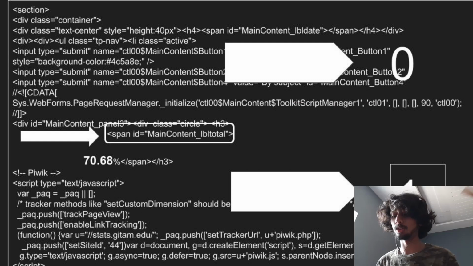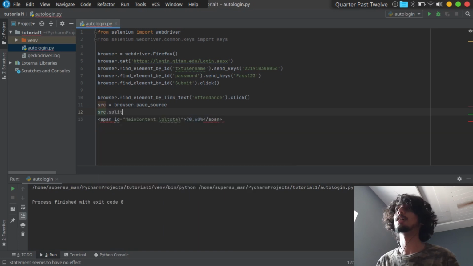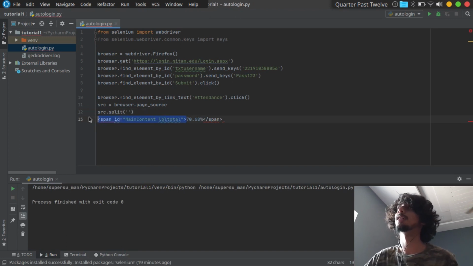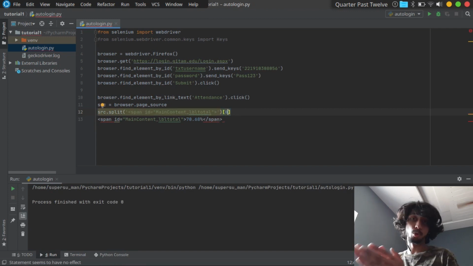The entire source code is in the src variable: src dot split, and open the brackets. In the inverted commas, you paste the splitter. Let me copy this and paste it here. This is the splitter now. If I type 0 in that square bracket, it's going to get the entire source code before the splitter.